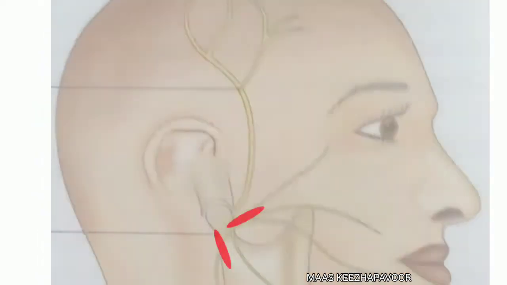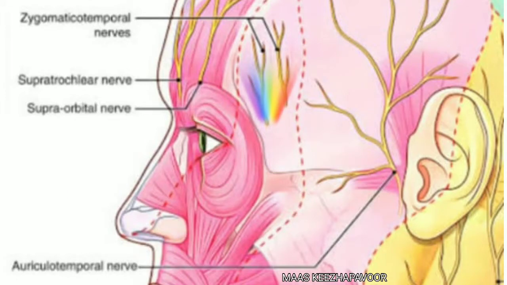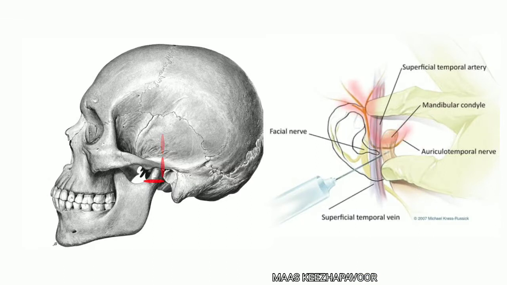Near the termination, the superficial temporal branches communicate with temporal branch of facial nerve and zygomaticotemporal branch of maxillary nerve. A line drawn from the posterior part of mandibular notch across the neck of mandible and then upwards across the preauricular point will give you the surface anatomy of auriculotemporal nerve.